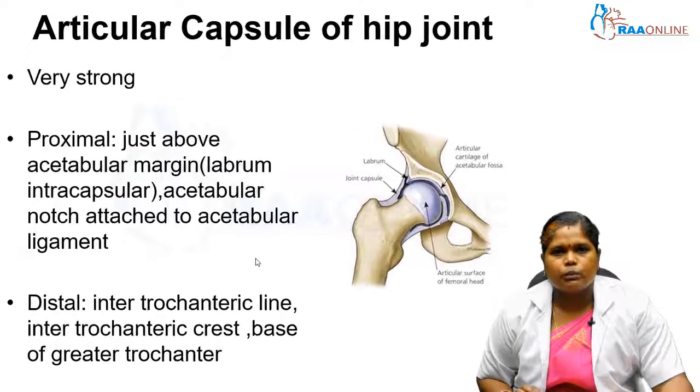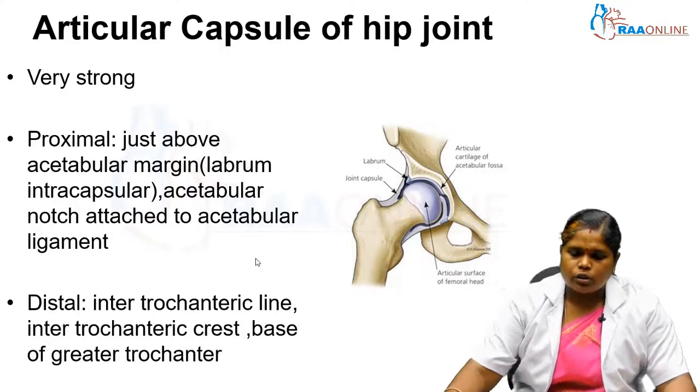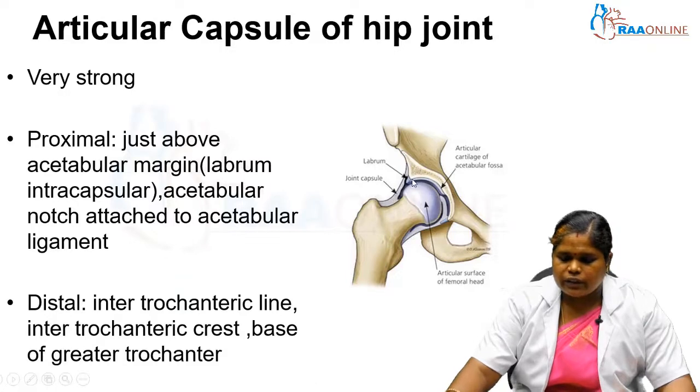First we will see the articular capsule. Again, I will show the attachment of the capsule on the bone also. Here you can just have a look. The capsule will be attached proximally and distally. Proximally it is attached to the hip bone, and distally it is attached to the femur. Proximally it is attached to the margin. See here, we have the acetabular